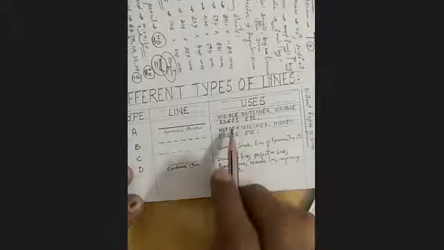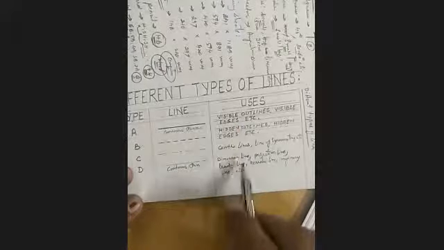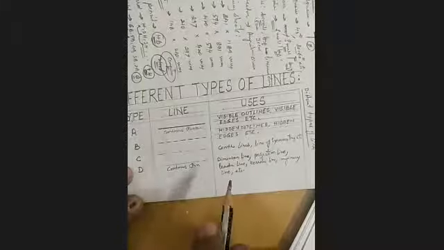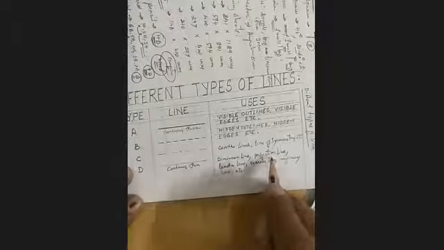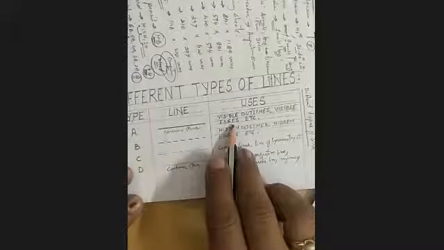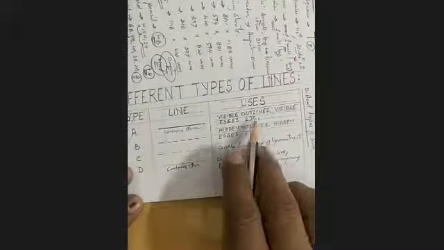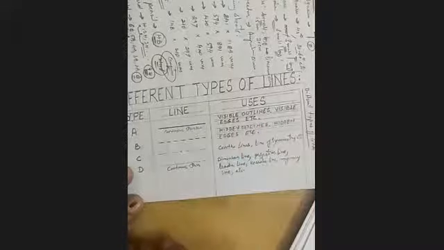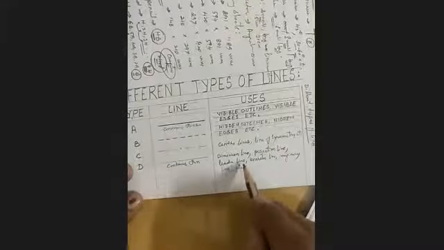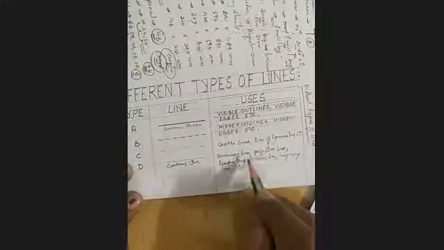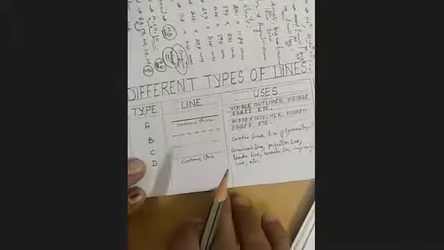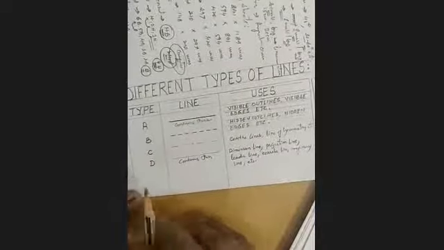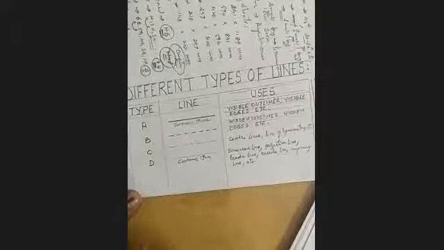You may say, sir, you wrote only the first two examples. Why did I write only those? I want to tell you. In the drawing sheet, you write any two and then etc. No problem, the remaining are only for your knowledge. In the drawing sheet, you can write two in capital letters, and then etc means etcetera. We have so many applications, but to show that we have a number of applications, we write any two applications and then represent the rest with etc. Any doubts? Please note down in your notebook.